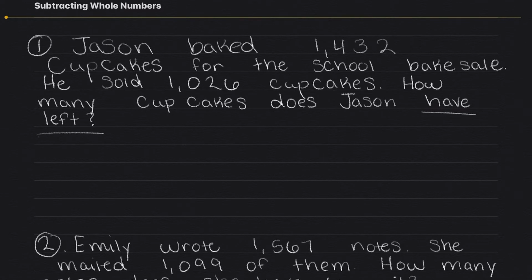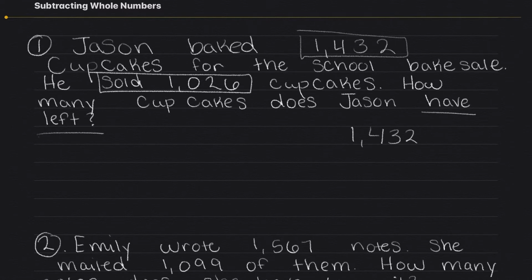I'm going to start with the total that Jason had. Jason started out with 1,432 cupcakes. That was how much he baked. So I'm going to write 1,432 cupcakes. Then he sold 1,026 cupcakes. When you're selling something, you're giving it away. You're taking away. So I'm going to subtract